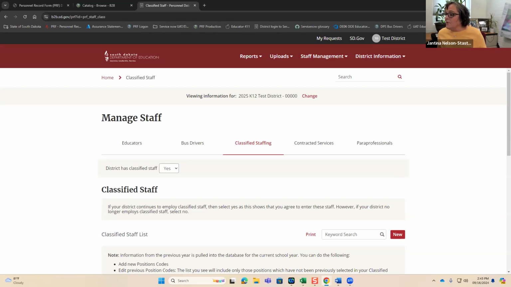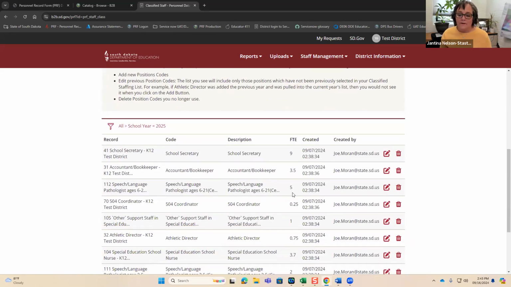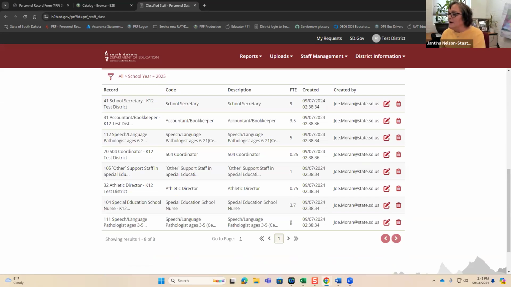So basically you're reporting the FTE by code. This information gets rolled forward, and it's pretty seamless for most districts. You need to double check your entries, and make sure you have the correct FTEs entered here. Something districts requested is to be able to tie a name to each code so that they know who their predecessor was, if there was turnover. It's not required, but you can now add the demographic information.